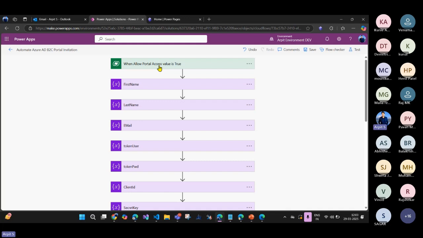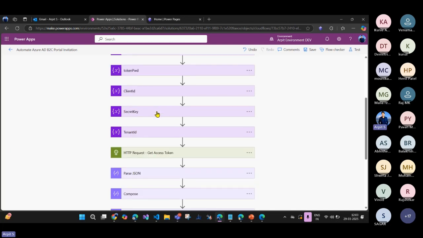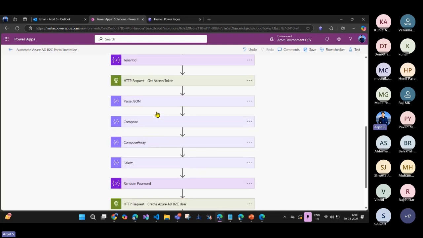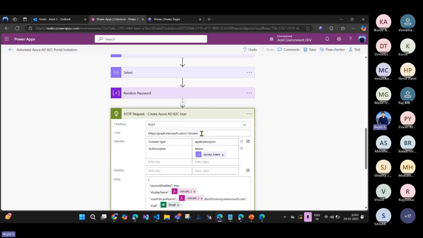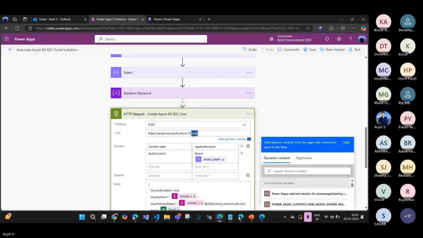By doing that, I'm not exposing the sign up option. I'm just sending them the invitation with a temporary password. How can I do that? There are basically two things here. As I said, if I have to interact with the Azure AD B2C tenant, I have to use the Graph API. So this is the main call of the Graph API, Graph user. And here I need to